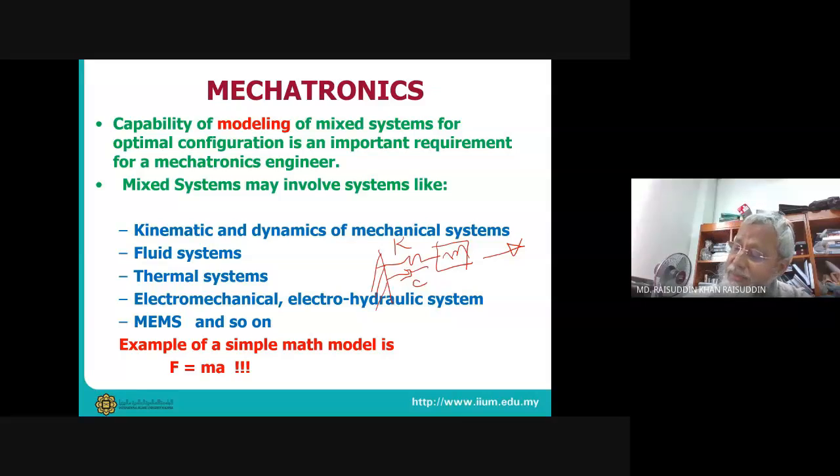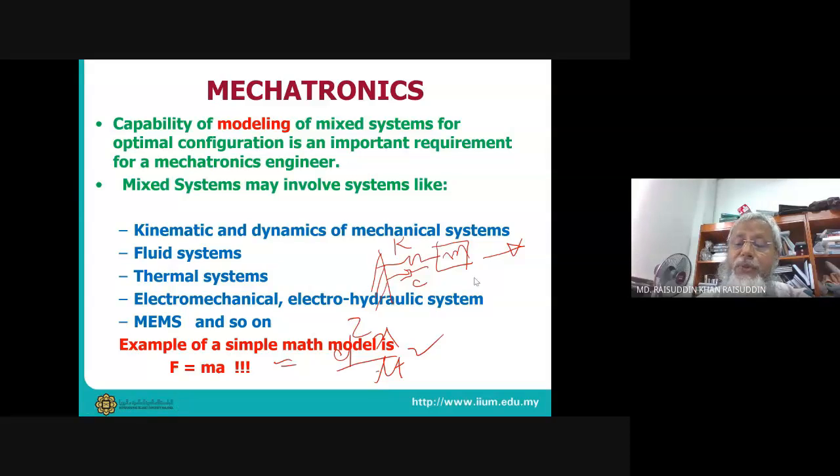Then we can relate this because this is a mechanical system, and the mechanical system is modeled by Newtonian mechanics, which is F equals ma. So you can see F equals ma is a mathematical model of this system. So this is the system, and this is the mathematical model of the system. Then a we can write as d x dt dot, so this you can write further as d squared x dt squared. That means if we integrate this equation, we can relate how x is changing with respect to time. So that we call the simulation.